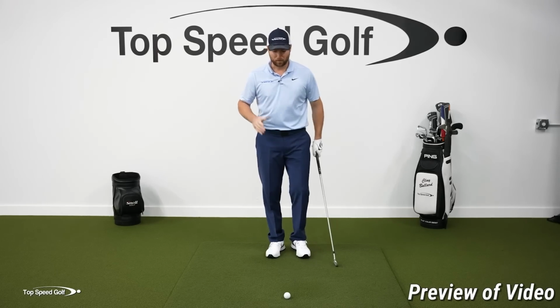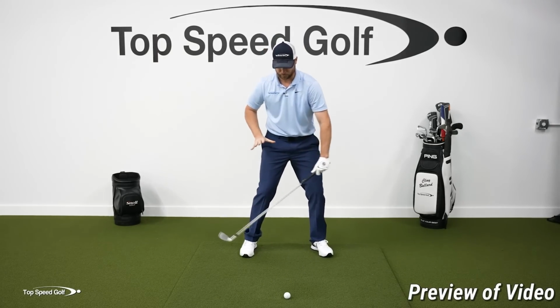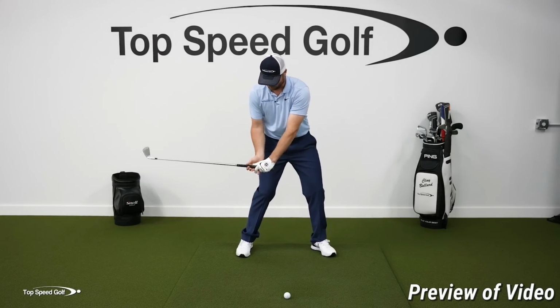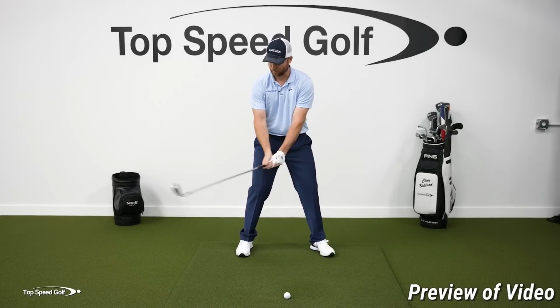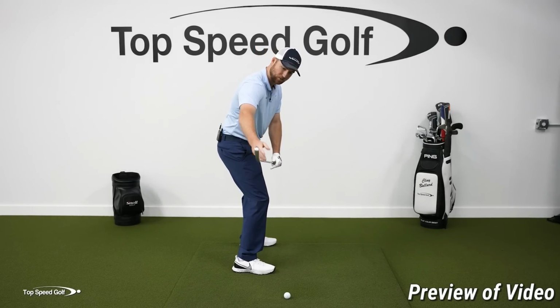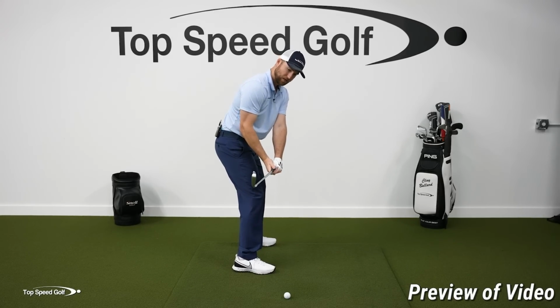Now what I want you to do is go ahead and go kind of in the last parallel in the downswing. So here, I want my hips to go ahead and be opening up. I want my club to be parallel with the ground, and I want my hands to be in front of my right thigh. Now, when I take my grip, you're going to notice that when I do this, the club face is basically straight up and down. So if I'm looking at it from this angle, you'll see the face is straight up and down, and the logo of my glove is pointed out in front of me. Now from there,